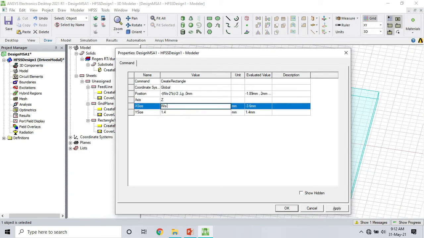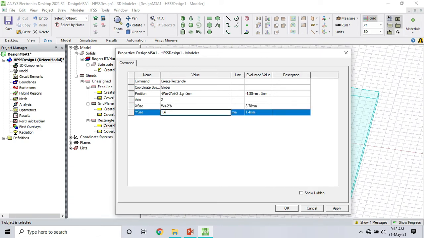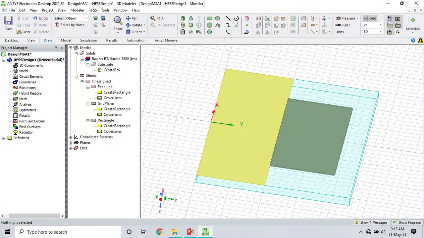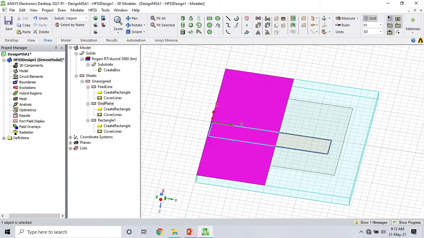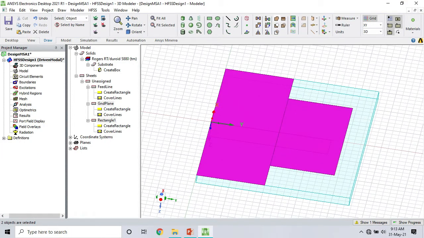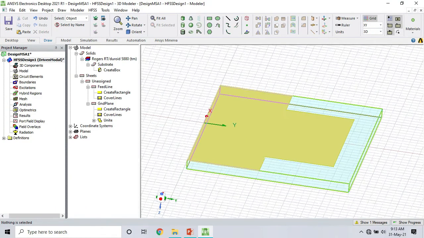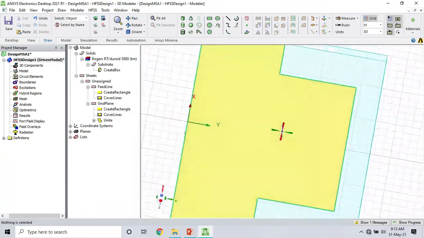So the width is WS minus 2 times b, Y is r3, right? Okay, it's done. We can simply combine, select this, press Ctrl, select this one, press on this, it will unite. The properties of the ground plane are already here, the color and all things.